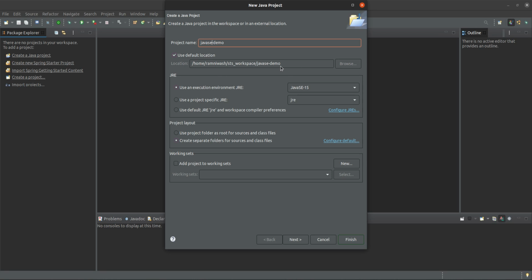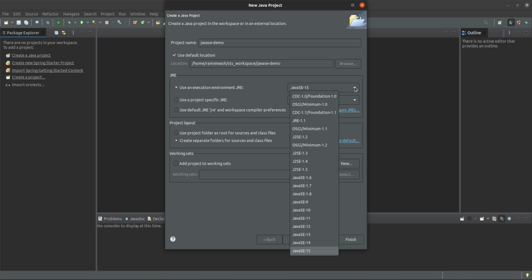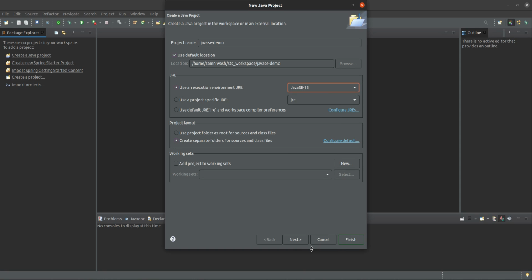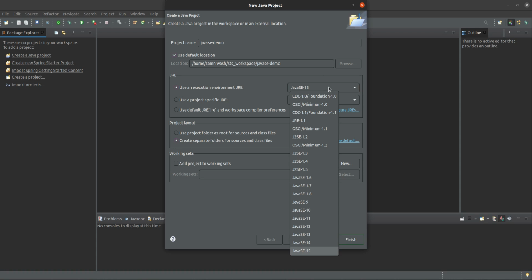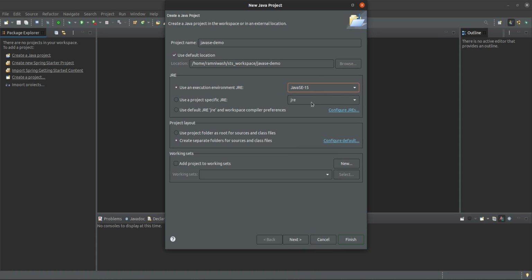And here is the use execution environment, which Java or standard edition you want to use, up to your choice. The most recommended is Java Standard Edition 11, but no issue, you can use Java Standard Edition 15 also. Currently we are taking the default, which is the latest version. You can keep this as it is and click on Next.